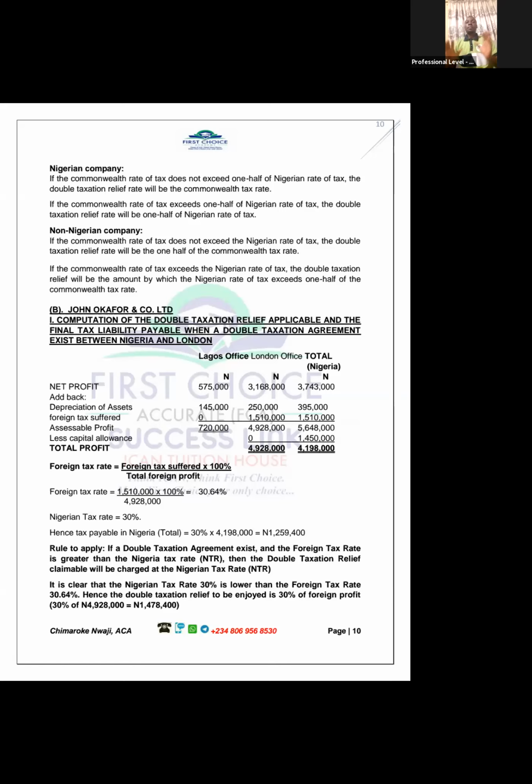Now look at the foreign tax. How do we get the tax rates? We look at the tax we suffered, 1,510,000, all over 4,928,000 multiplied by 100. We have 30.64%. Now that is higher than the Nigerian tax rate. Because it is higher than the Nigerian tax rate, whenever there is a double taxation agreement, we use the lower of the rates. And so what do we do? We will now use 30%